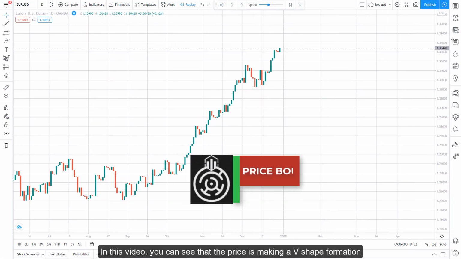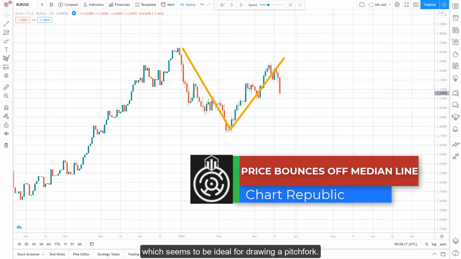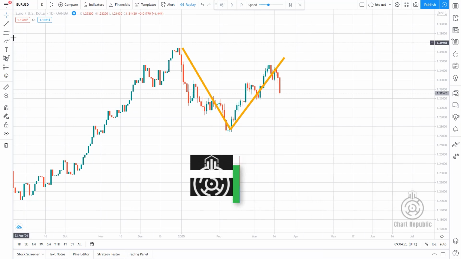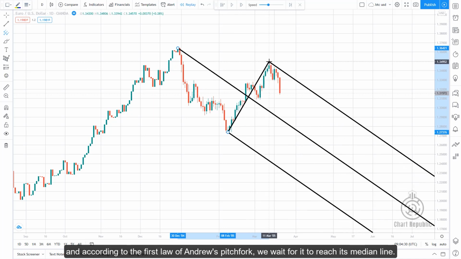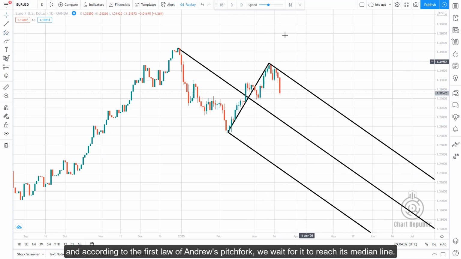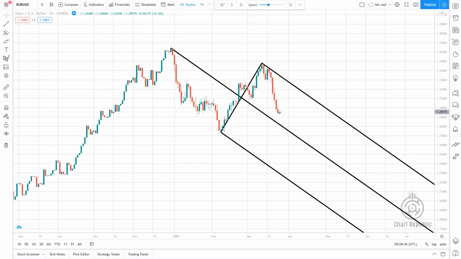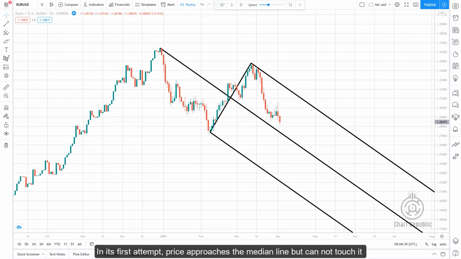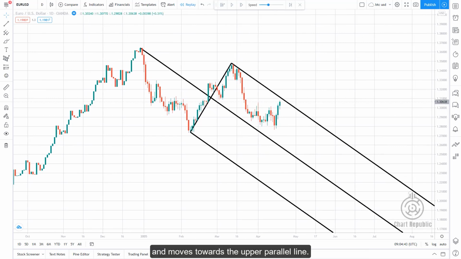In this case, you can see the price forming a V shape, making it ideal for drawing a pitchfork. So, by selecting 3 valid fractals, we can draw a classic pitchfork. Then, according to Dr. Andrews' first law of the pitchfork, we can wait for the price to reach the median line. On its first attempt, the price approaches the median line but cannot touch it and moves towards the upper